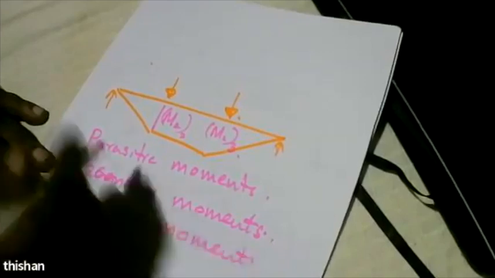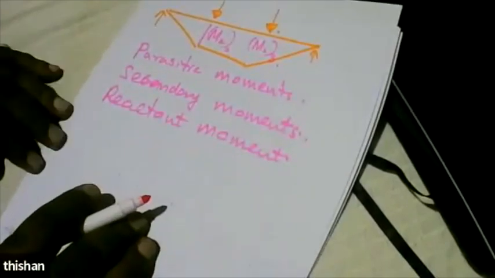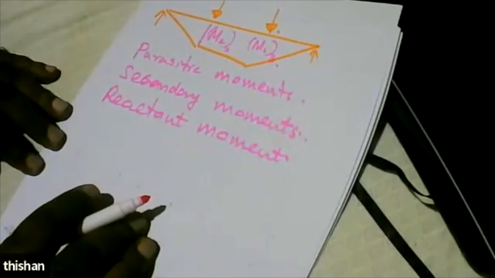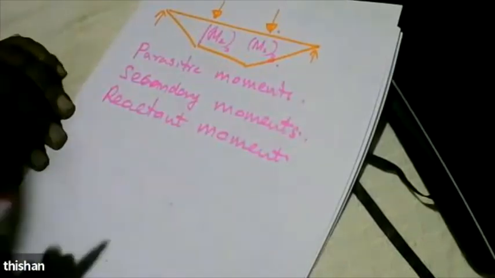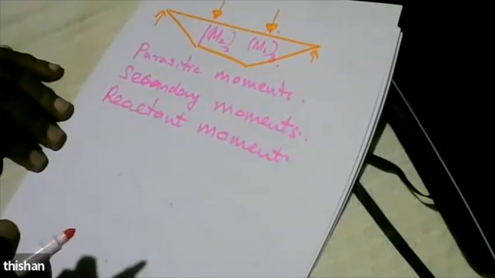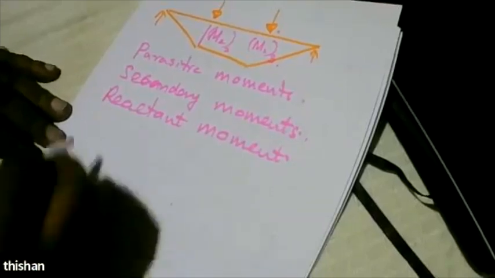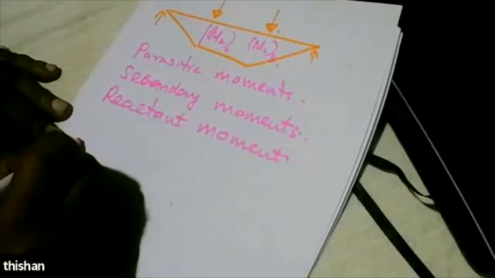Why reactant moments? Because the reaction is causing the moment, so it's called reactant moment. Some people call it secondary moment because it was not there initially, now it is happening. And some people call it parasitic moment because it's a real pain. It used to be a real pain, because what happens is, now you do